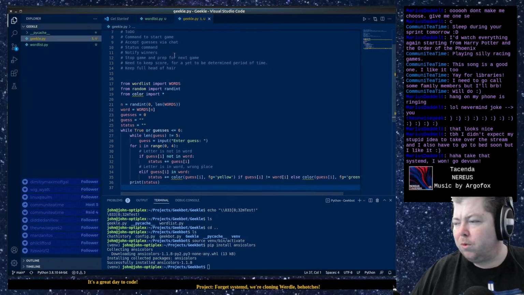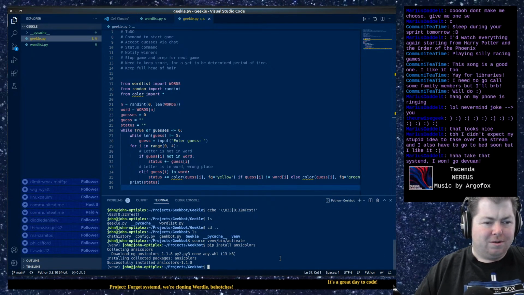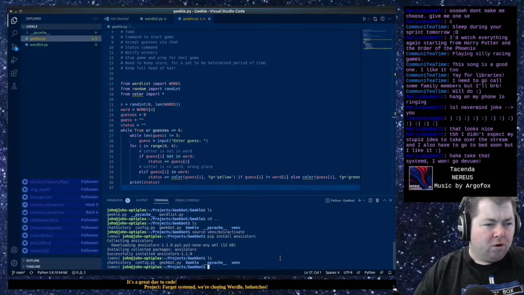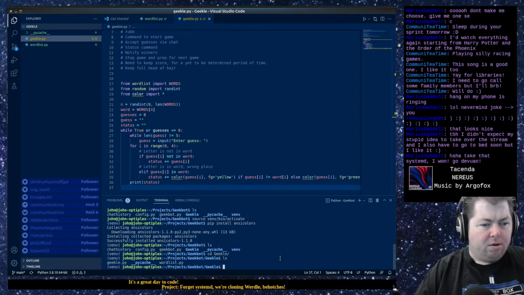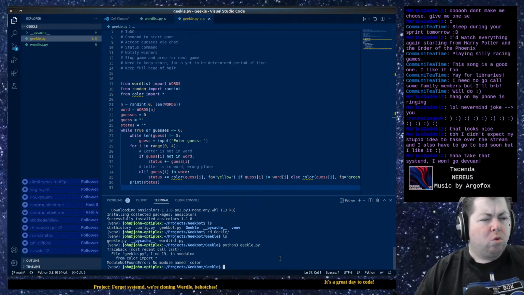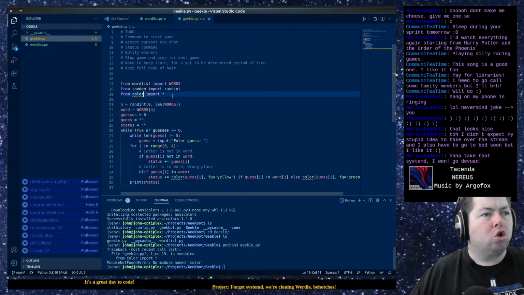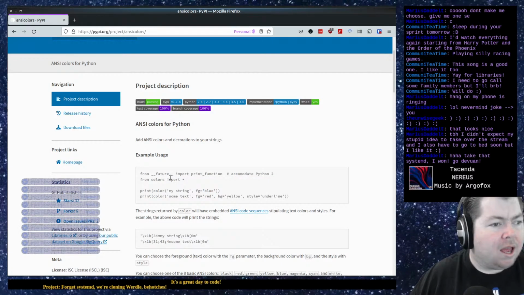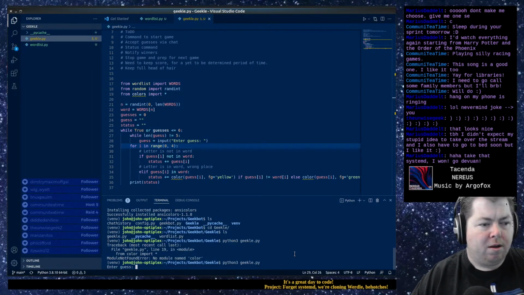So let's see what happens when we do this. We're in the virtual environment. Let's go into Geekle and run geekle.py. No module named color. All right, why am I, oh, it might be ANSI colors. Oh, colors. Did I read that right? Yeah. From colors import asterisk. Cool. Even though I'm only using one function from it.